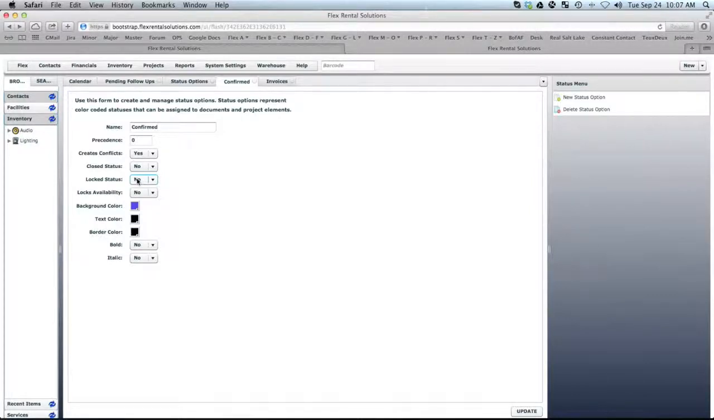Locks availability is for certain availability instances. We have the ability to say, while I am prepping a job, I've got two equipment lists that are functioning side by side. I've got my pull sheet that is showing me what I need to pull. And as I start to scan it, it is creating a manifest that says, I've started to scan out these items. Well, we may want to lock the status of a pull sheet until we are completely done prepping it,